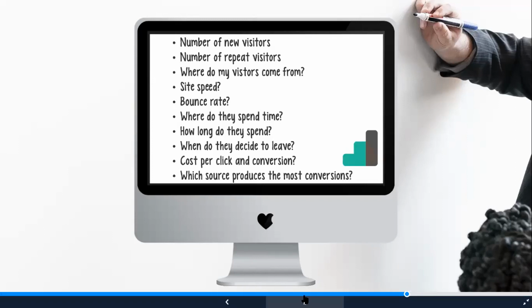And it's important to be able to measure not just where most of your traffic comes from, but also what traffic converts and takes the desired action that you want them to take. You might find that, yes, I get most of my visitors from Facebook, but the visitors that convert are my Google Ads visitors. And you might then decide to spend a little bit less on Facebook and to rather push that money into your Google Ads. Those are some of the decisions that you can make if you've got the right analytics tools in place.